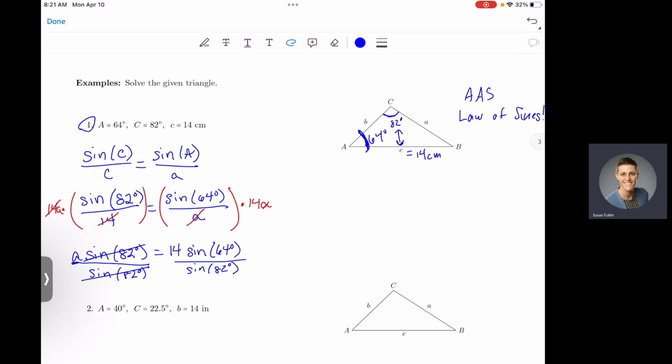Now, this will have to go into our calculators and plug in. So we'll put that into our calculator. And when I do that,